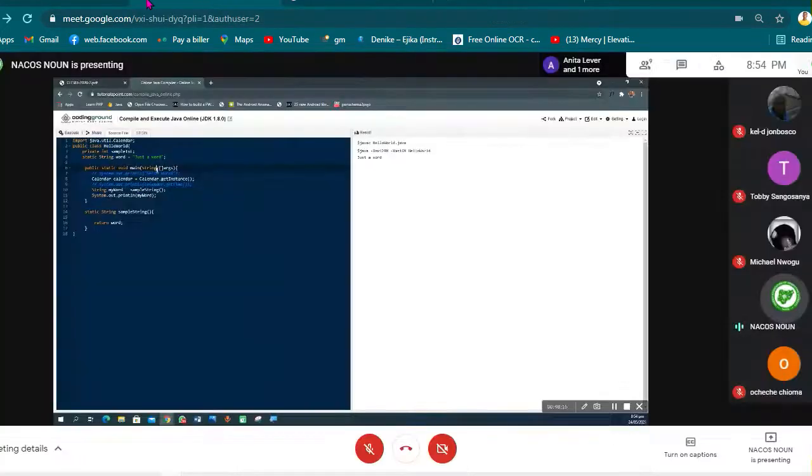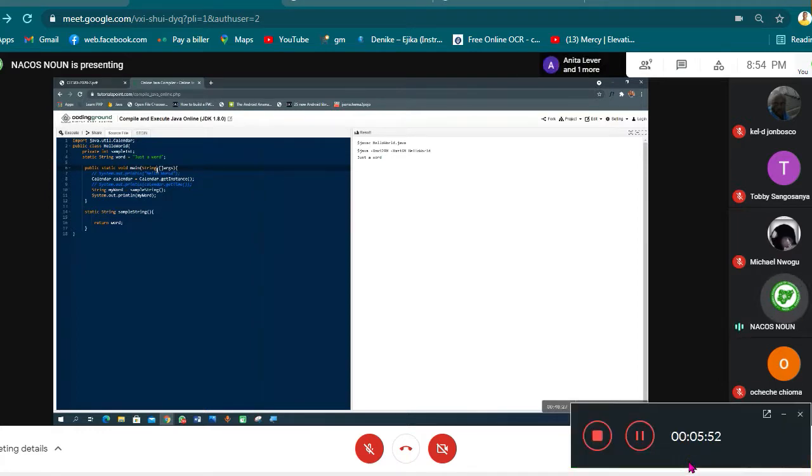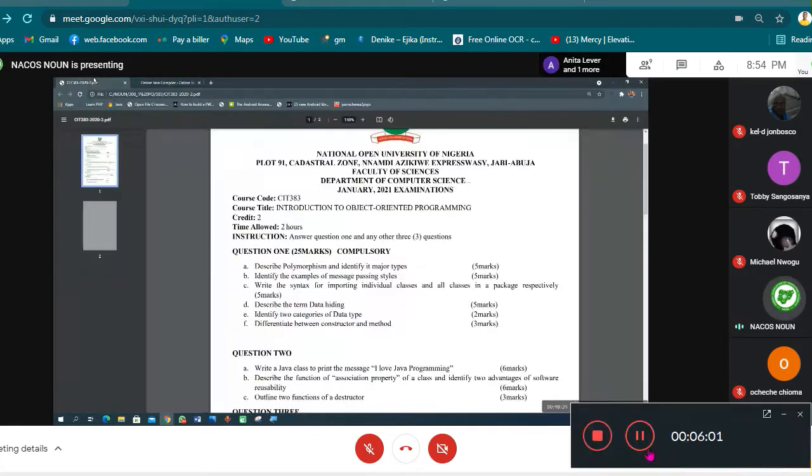So information hiding can be a way of saying, okay, whatever you are doing inside this thing, I don't want it to be visible. I don't want it to be accessible to anything that is outside this thing. So that is what information hiding is all about. I don't know if there's any question before we proceed on to the constructor to public class CIT, so